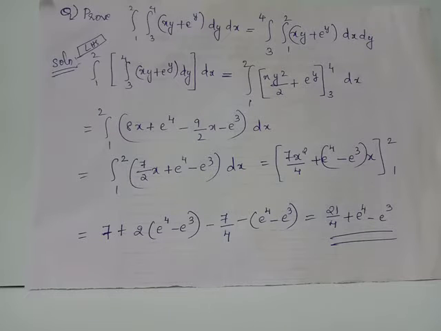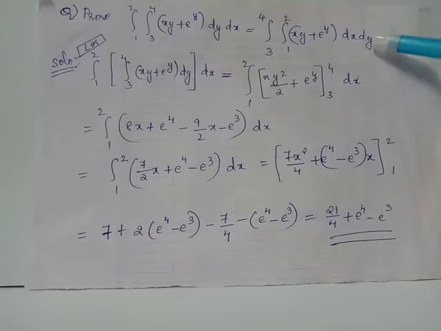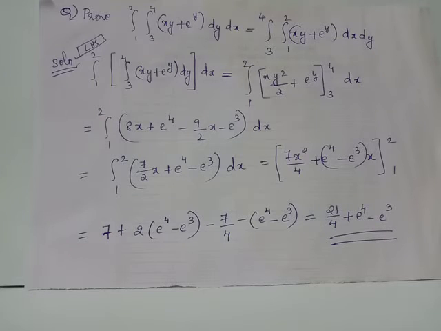Let us check whether a double integral which has constant limits will give us an equal answer irrespective of the order of integration. That is, whether you integrate this integrand with respect to y first and then x, or you integrate this integrand with respect to x first and later with respect to y, where y is a variable which has constant limits, y ranges from 3 to 4, and x is also a variable which has constant limits, where x varies from 1 to 2.